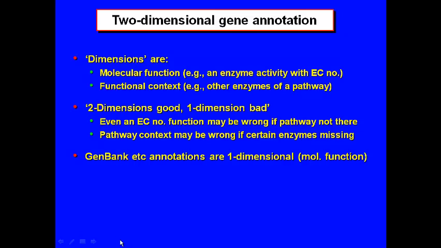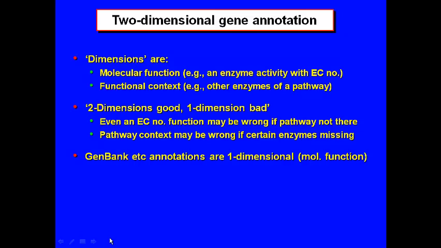So it's like the whispering game, you know, where you sit in a circle and somebody whispers President Lincoln in the ear, and it comes around the circle and it comes out a banana on toast. You know, it's complete distortion because you're propagating, and each step of the way there are mistakes. So that's why you should regard GenBank annotations as really suspect, because they're only done by homology and they only refer to molecular function. They don't ask the question, does this annotation make any sense in this genome?